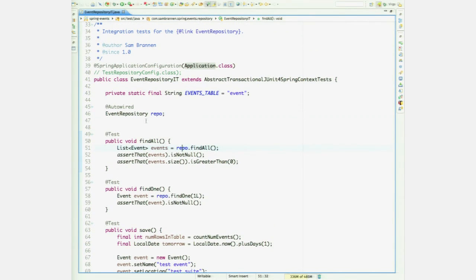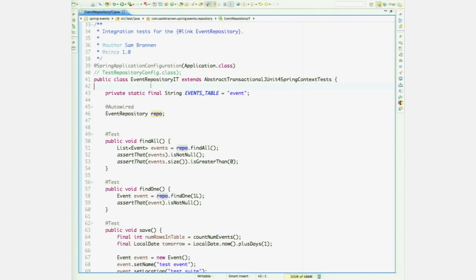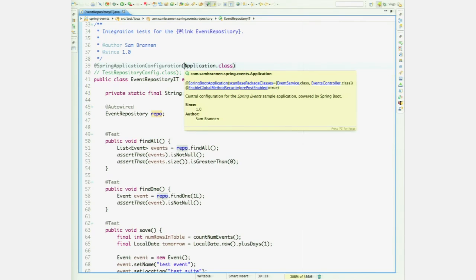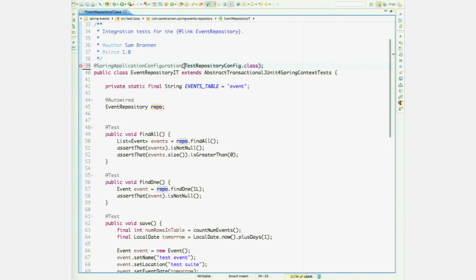You can check out the code if you're interested. But what I want to show you is how long this takes. That took 6.2 seconds. And you might think that's quite a long time, yeah? Right, so I think that's quite a long time if we're just running repository, in-memory, embedded database,